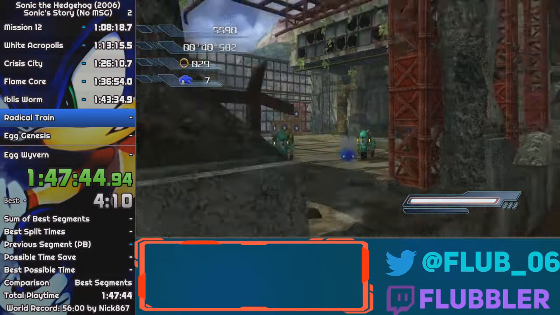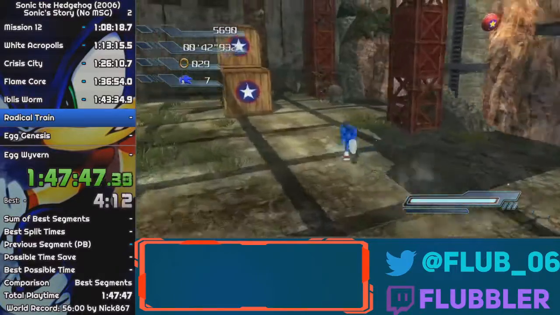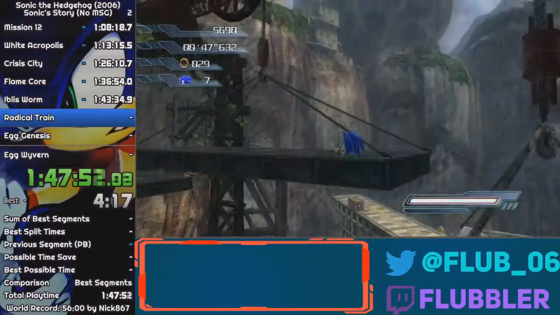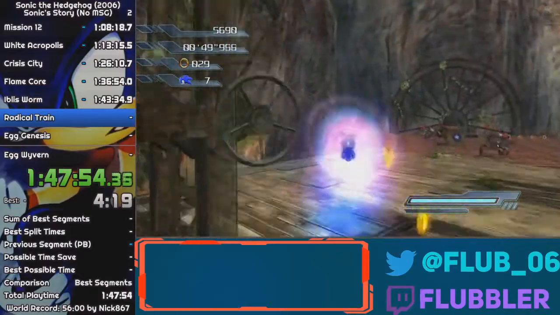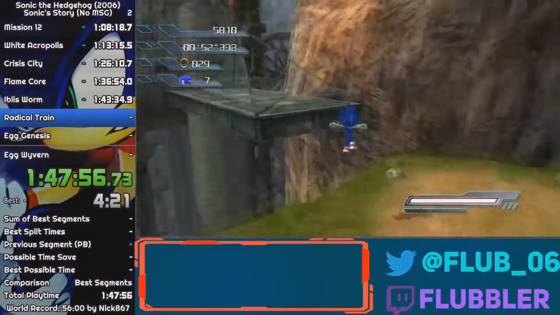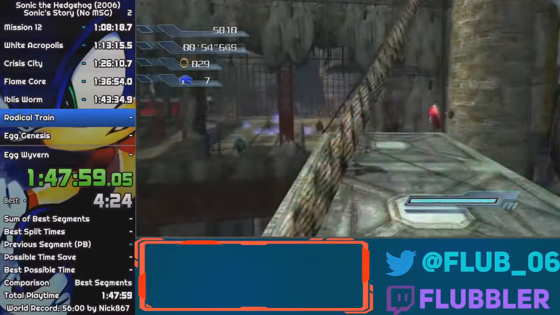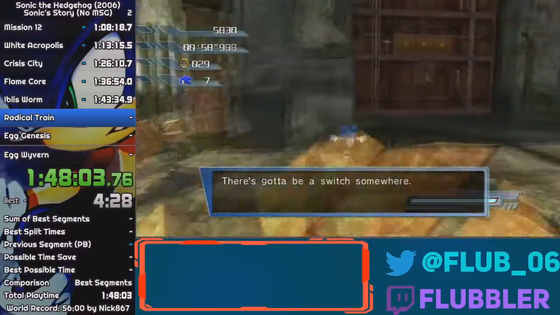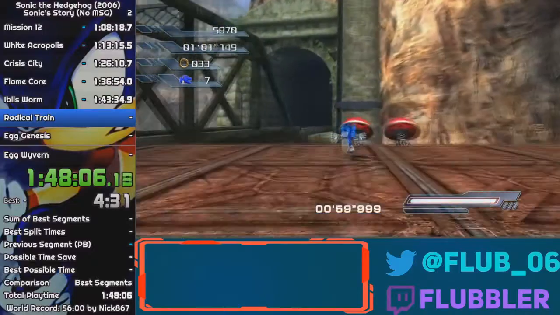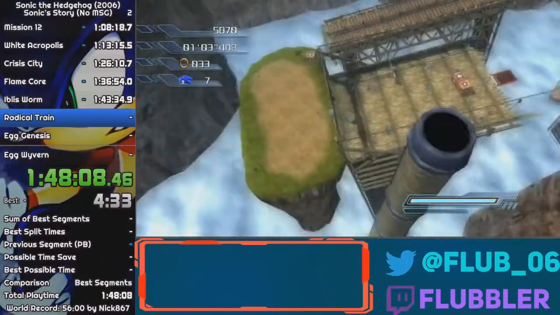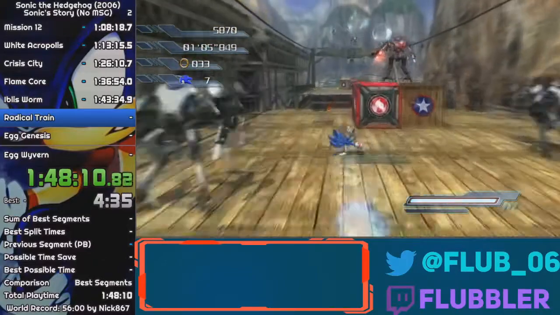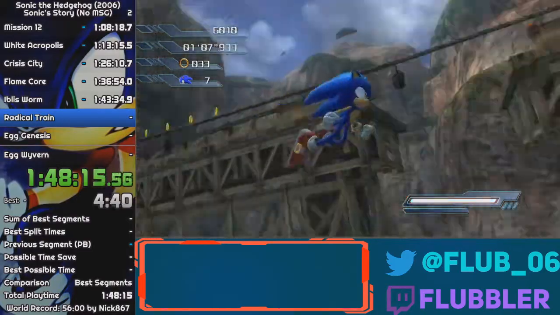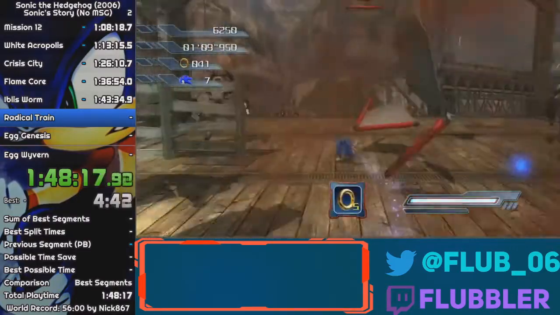Now let's say you want to do the right side. So what you want to do is go over here, homing attack the bots, jump in here, and then here. Oh, train. Okay, we're good. And then anti-grab under this door, hit the thing, and then do the quick time event, and spin kick through that box right there. Sometimes that can happen, which is pretty annoying. Spin kick through this box again, spin dash here,